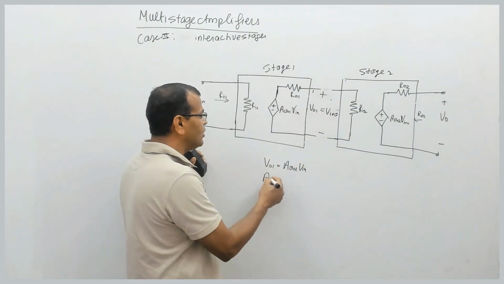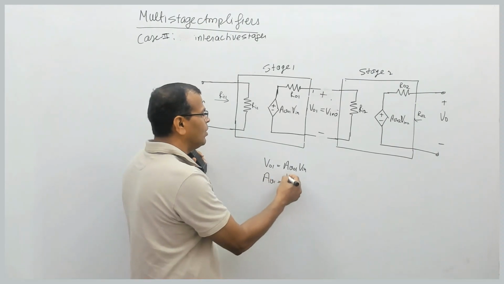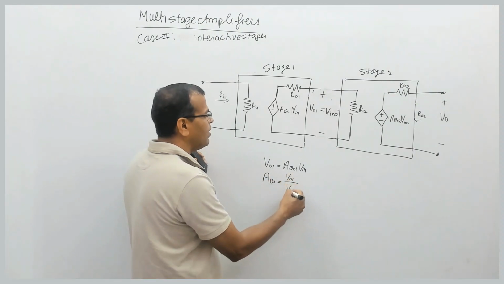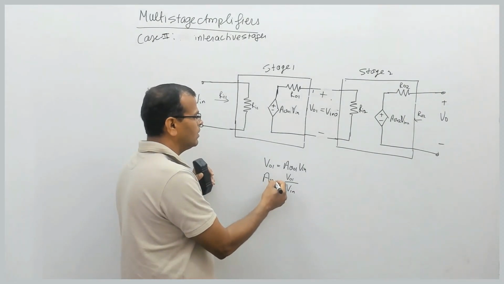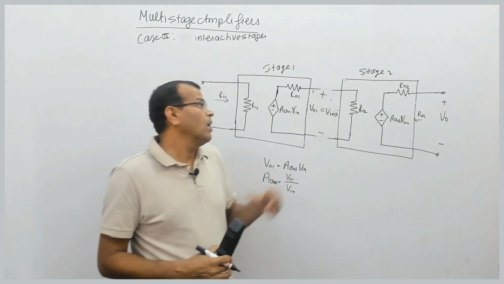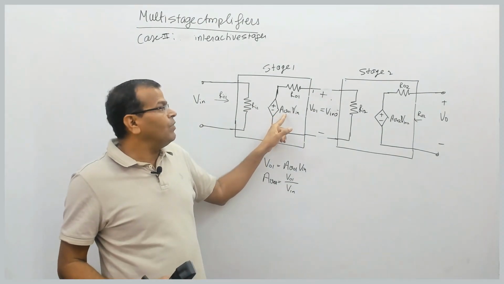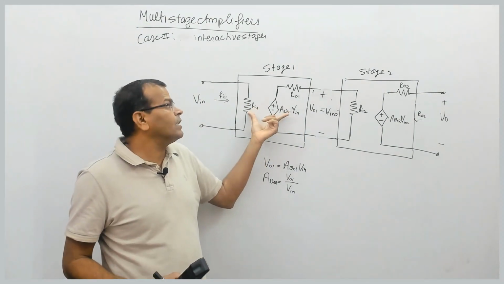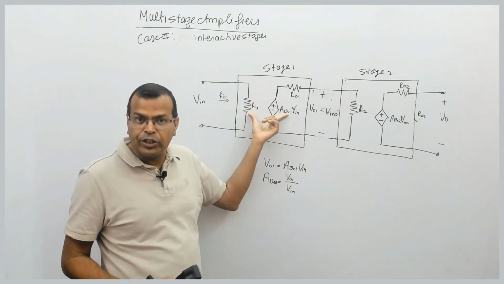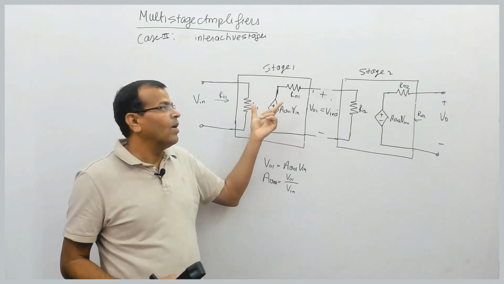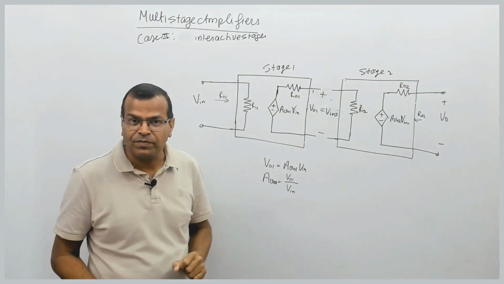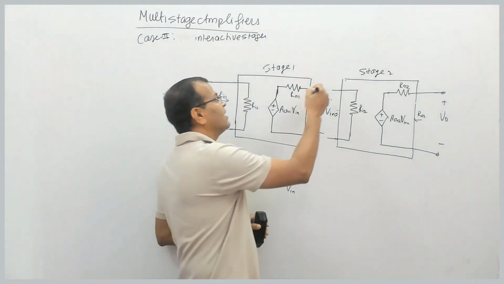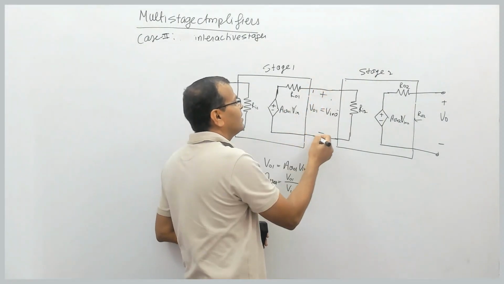So AV01 is equal to what? V01 by V input. That means this AV01 is the voltage gain of the first stage under open circuited condition, right? But if I connect it here,